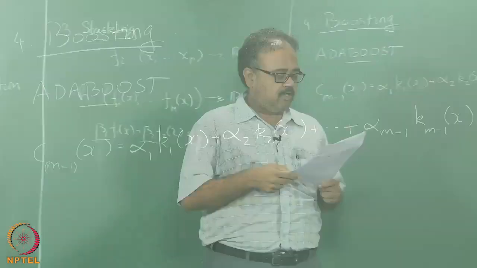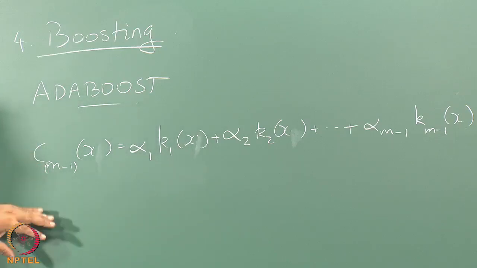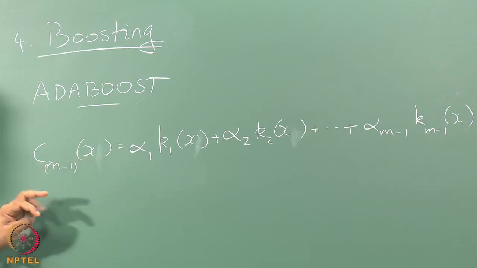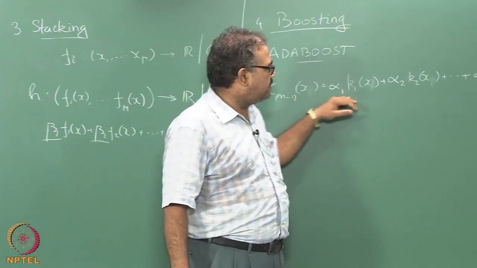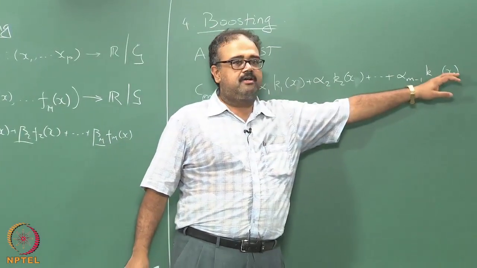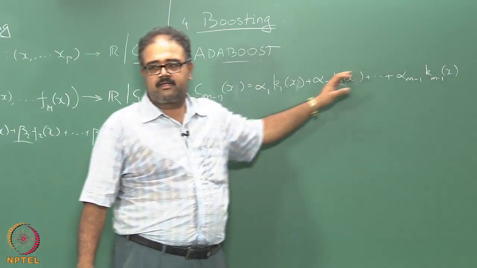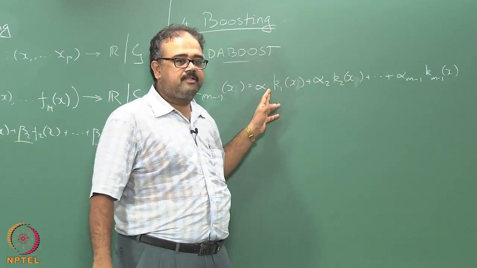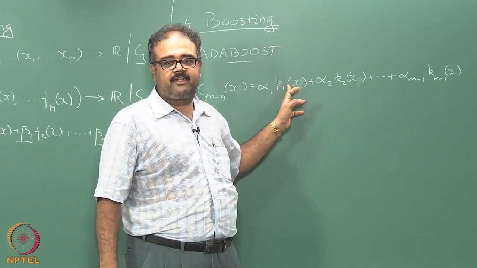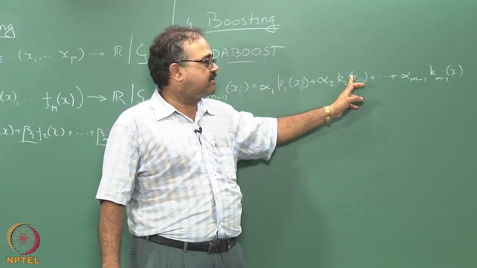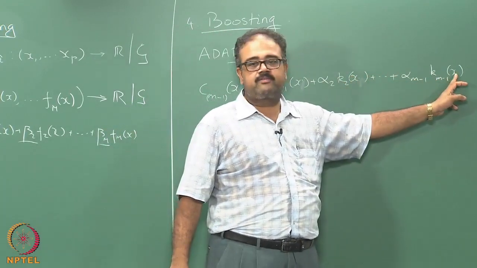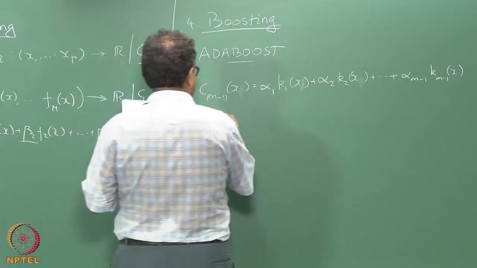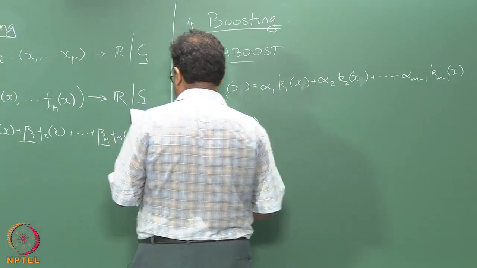Okay. So I am going to denote by C subscript m minus 1 of X the (m minus 1)th stage classifier. That is obtained by adding the outputs of all these individual classifiers, with the weights alpha 1, alpha 2 to alpha m minus 1. K1 is the classifier that I added in the first stage, K2 is the classifier I added in the second stage, and so on, and K m minus 1 is the classifier added in the (m minus 1)th stage. And basically I want to produce that